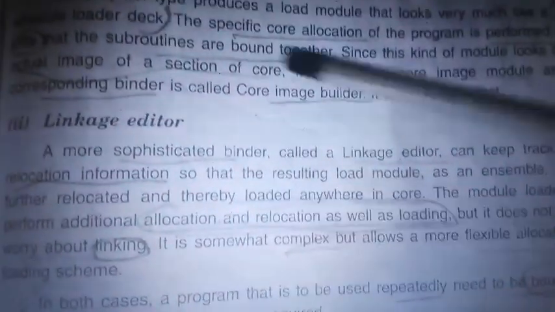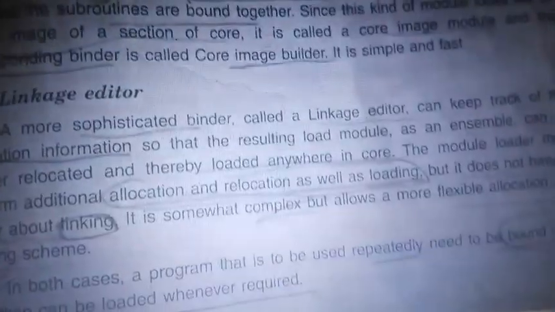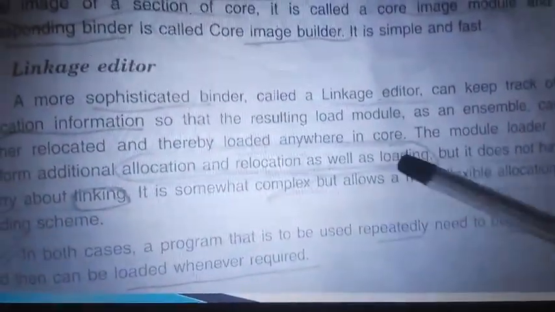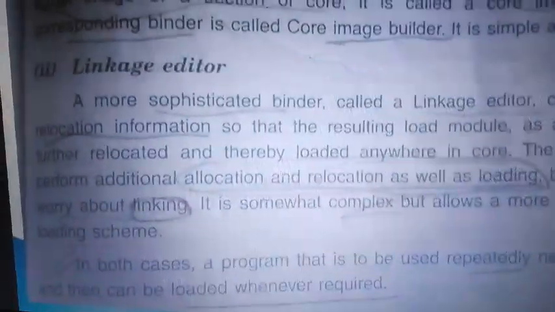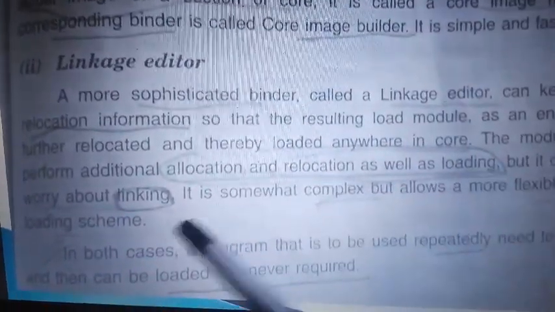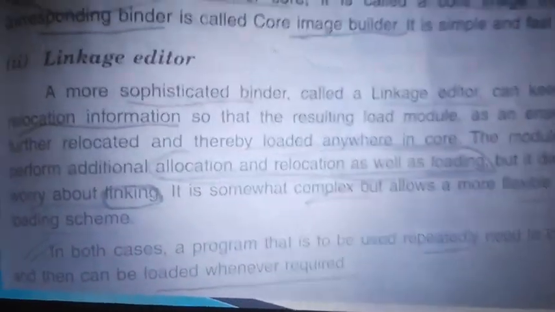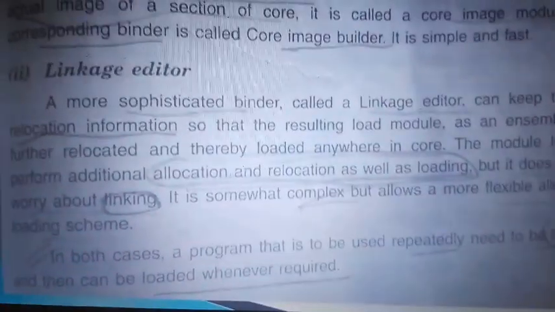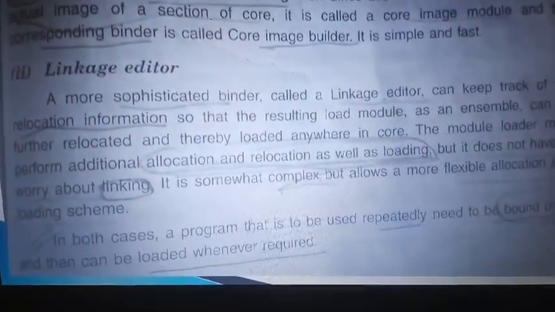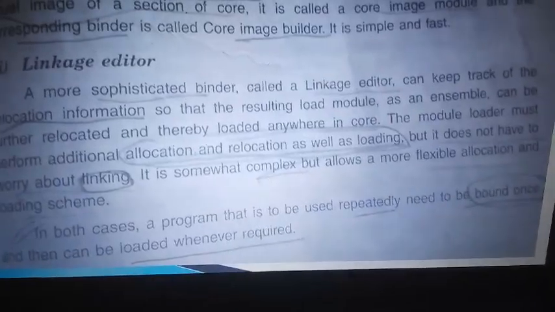But here the linked program is given as output in secondary memory, and again it is loaded to main memory. If the memory location changes, then the reallocation is done by the loader, and it won't do linking, because that is already done. Only the loading concept is performed. So we have separated linker and loader as a binder and modulo loader. These are the two methods, and these are 2 marks questions.